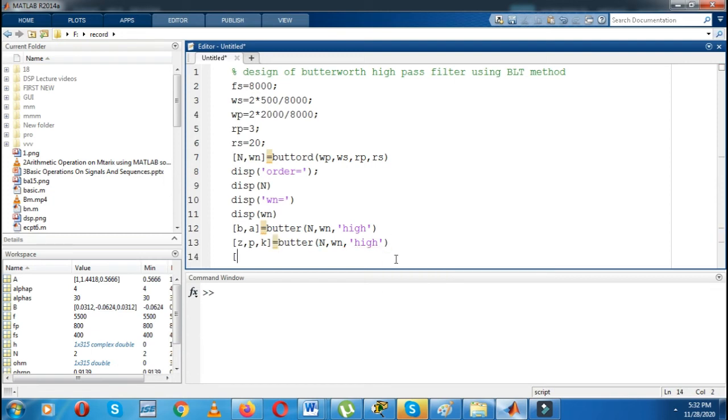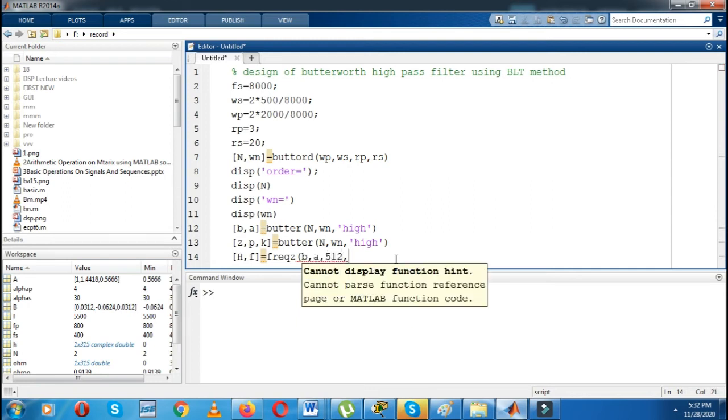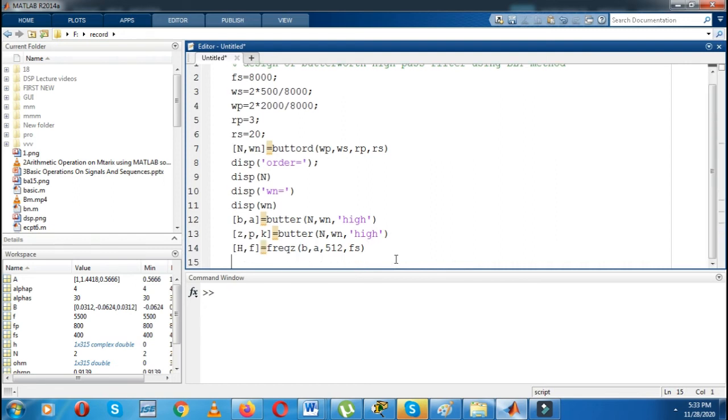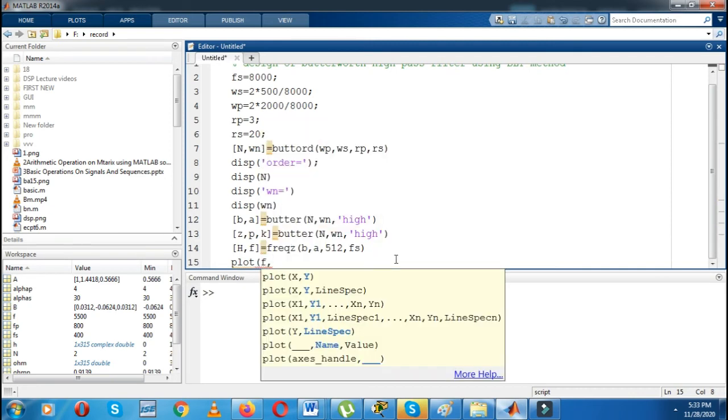Next line, I will find the frequency z response, that is H of z, which we have to find finally. So you have to write freqz in bracket B comma A comma number of points 512 and comma sampling frequency, bracket complete.